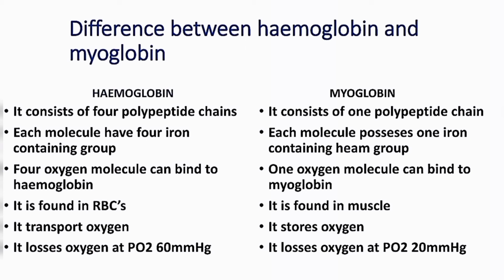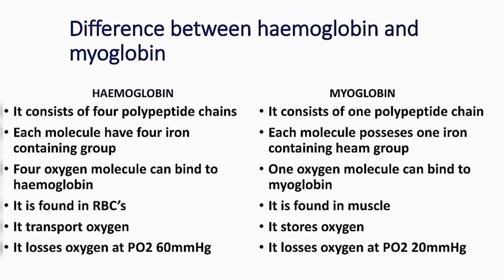The hemoglobin is found in red blood cells, as we have learned that the hemoglobin is found in the blood, while the myoglobin is found in muscles. Hemoglobin transports oxygen, meaning that it carries oxygen throughout the body, but the myoglobin stores oxygen. Storing oxygen means that the myoglobin functions in storing oxygen in the muscles, which is used during hard exercises, as we have learned. So the myoglobin stores oxygen and the hemoglobin transports oxygen.